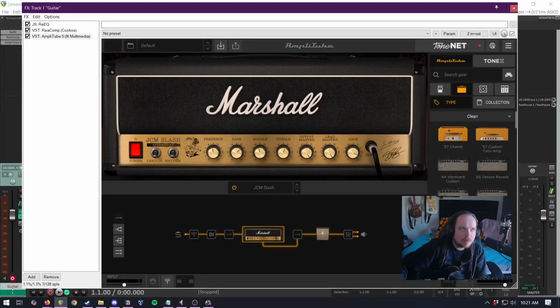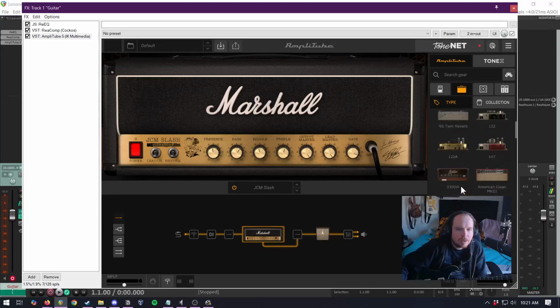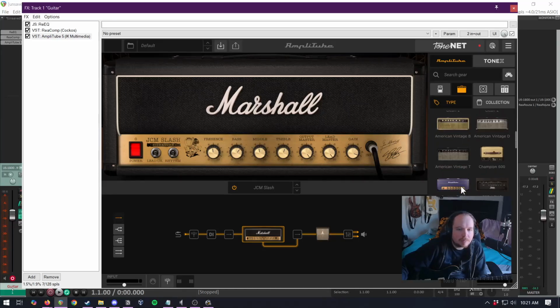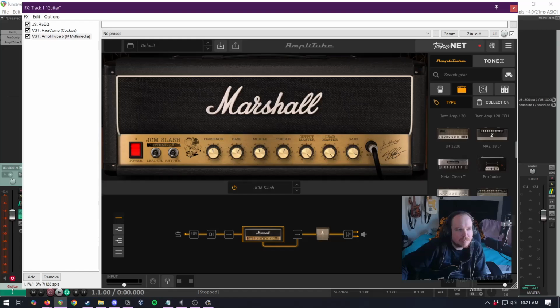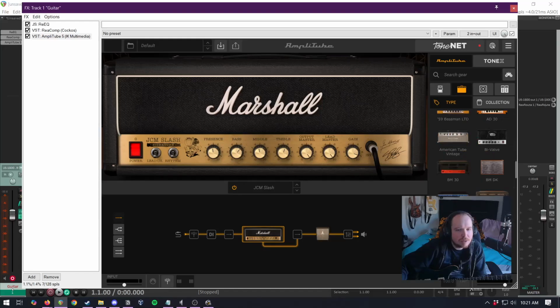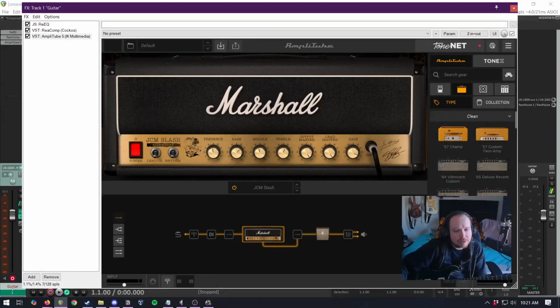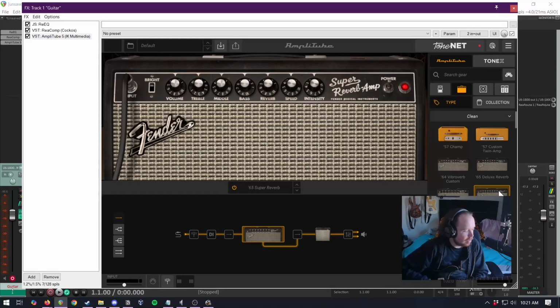The problem with Bias is, actually I think it's Guitar Rig that has one called Citrus. I don't know what they call it in Bias, but whatever the equivalent of the Orange amplifier is, they call it something different. Some of the Bias FX amps do sound pretty good, but it also seems to take more resources to run compared to Amplitube, which is another thing I don't like, because I have a bad habit of running a ton of the same instances since I'm usually looking for different sounds. Anyways,